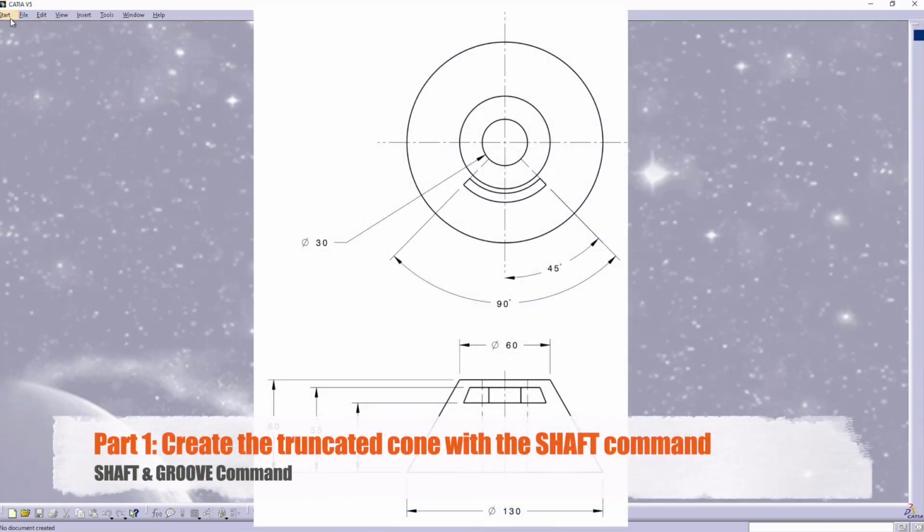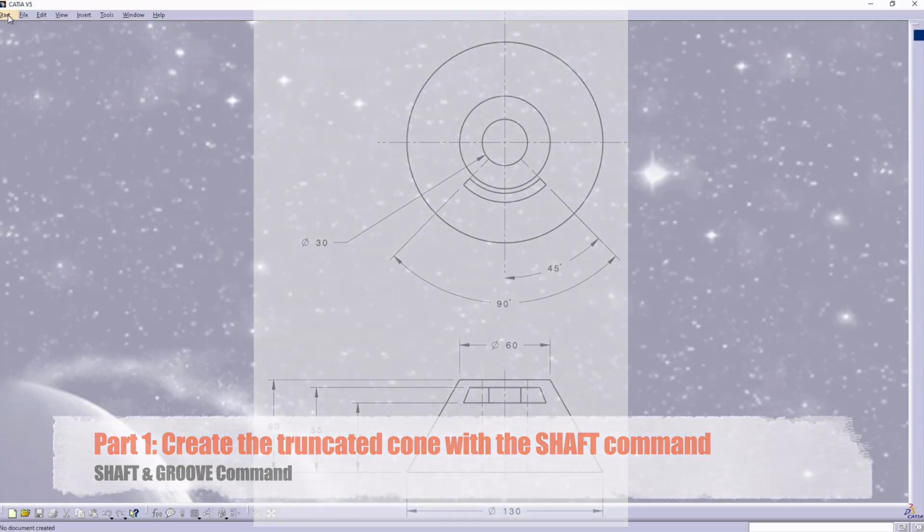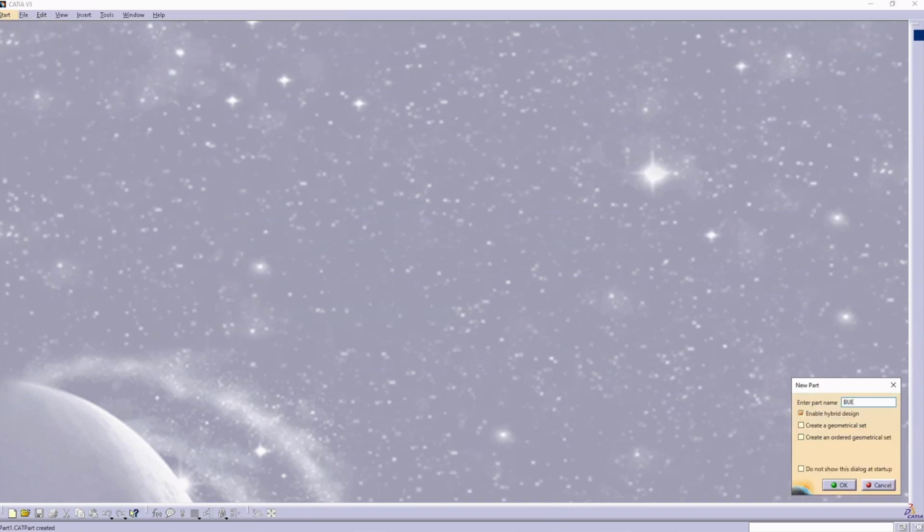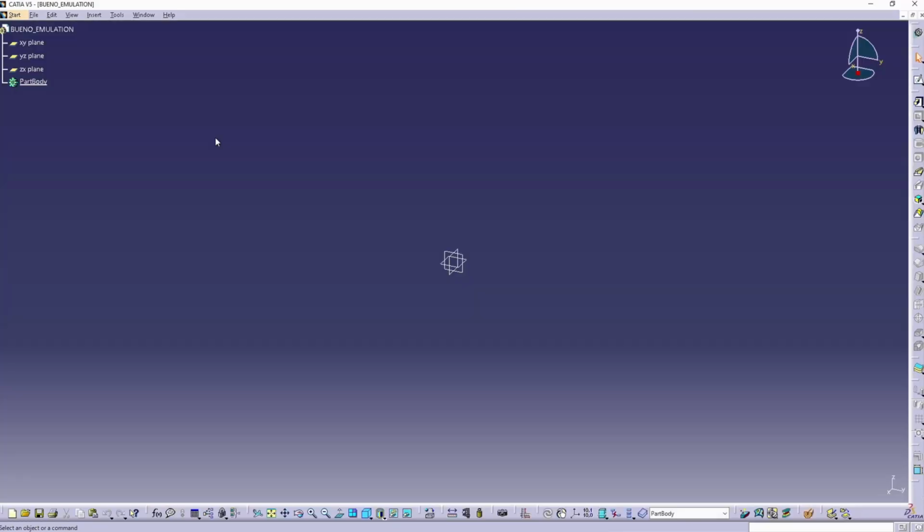Using the shaft and groove command to create this object. Open up a part design, and now we can start. Choose the front view plane, the YZ in this case,